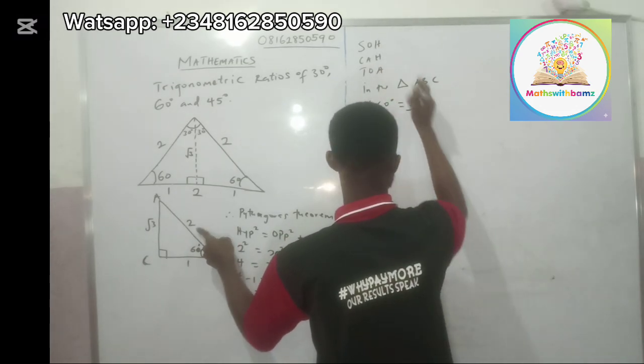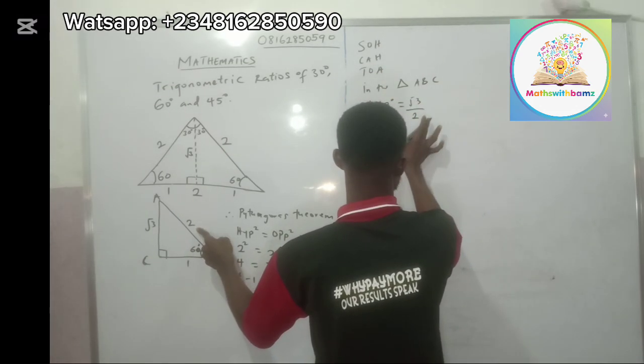So hypotenuse is what? 2. So this is what? Sine 60 is what? Root 3 over